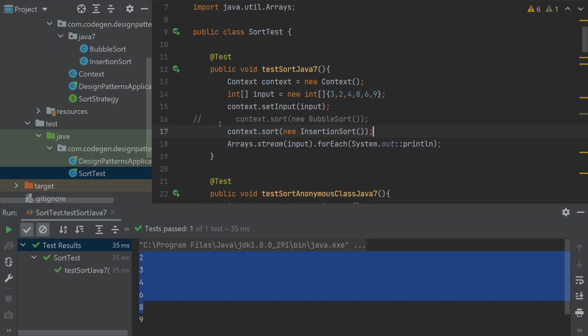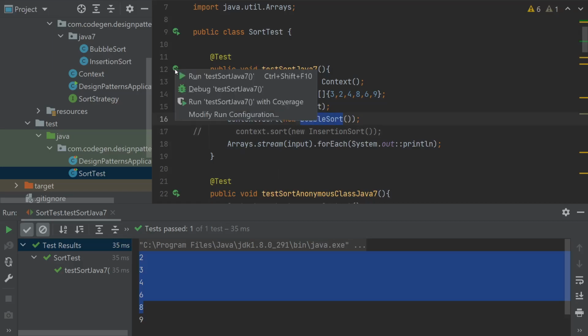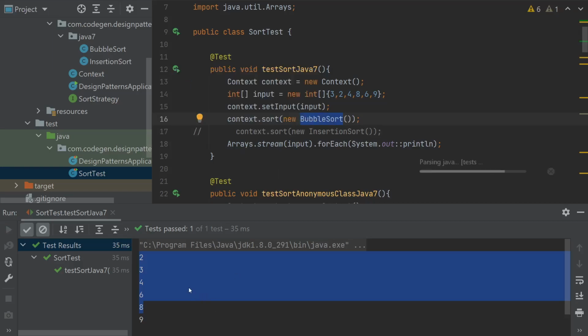Now if you want to change the sort strategy and use bubble sort instead of insertion sort, all you need to modify is the sort method parameter to use the other implementation for the sort strategy, which is bubble sort. Let's run this. It should give out the same response.